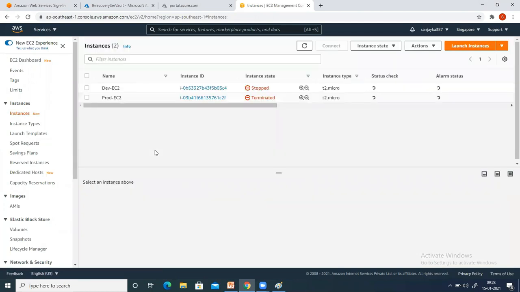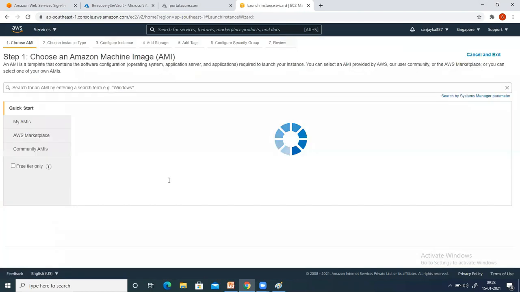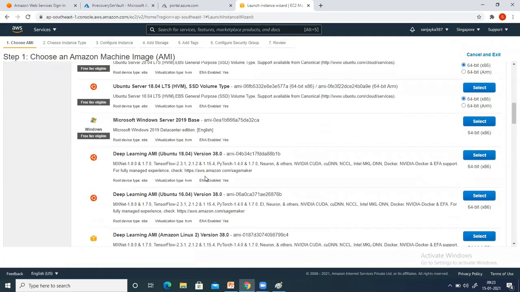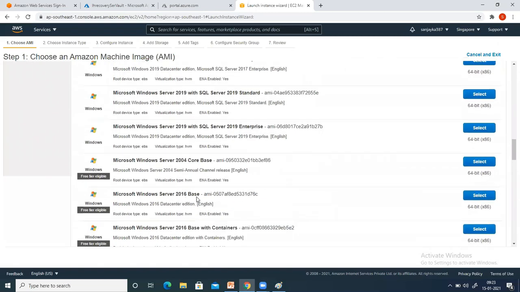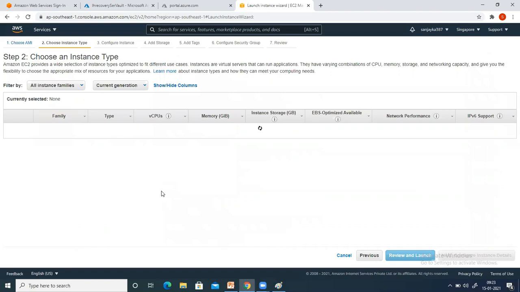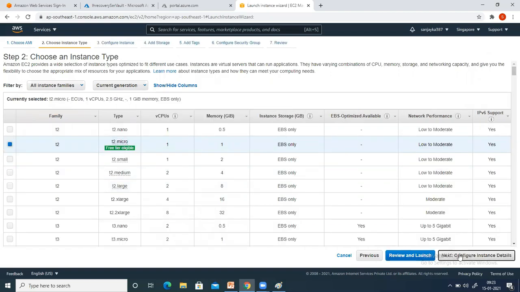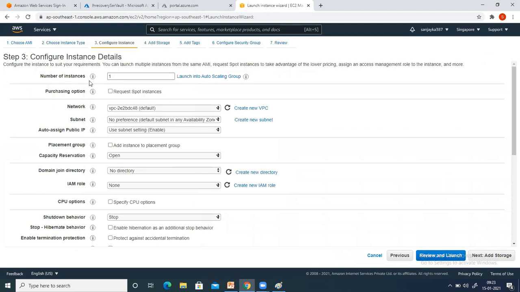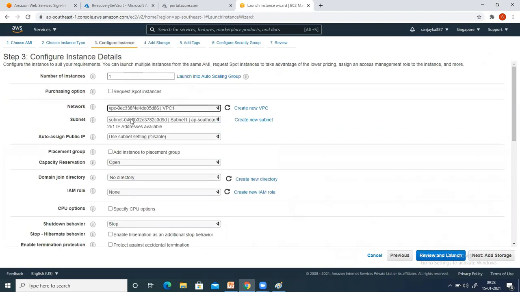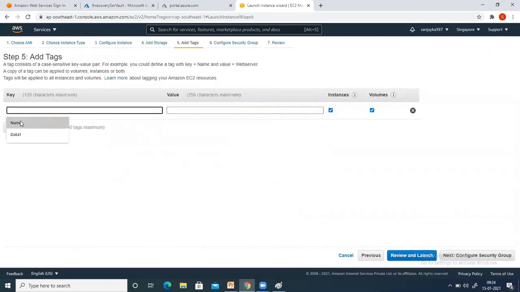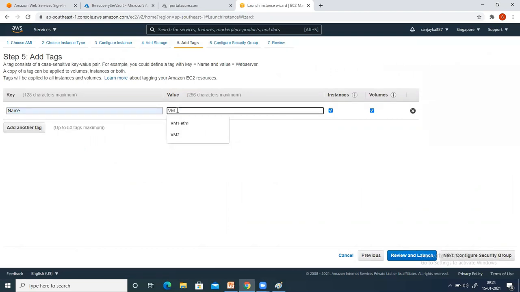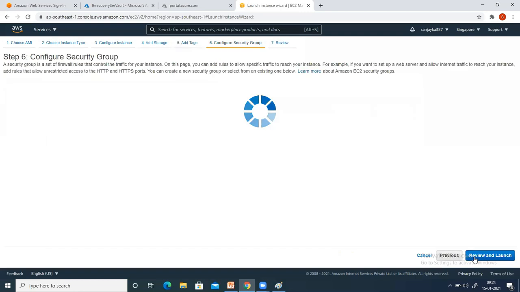Now I want to go to instances and create one EC2 instance. For this, I'm taking a Windows image. Let me take 2016, click on select. T2.micro is my instance type, and I want to put it into my VPC1. Only one subnet I have, so it will be there. Also, I need one public IP address. Fine. Click on add storage and add tag. The name I want to mention as VM1. Fine, and configure security group.